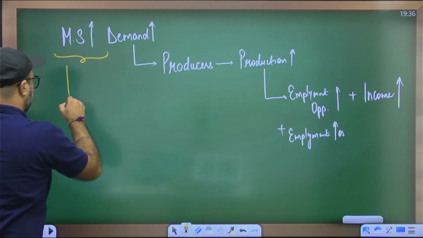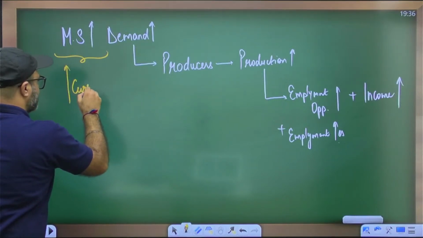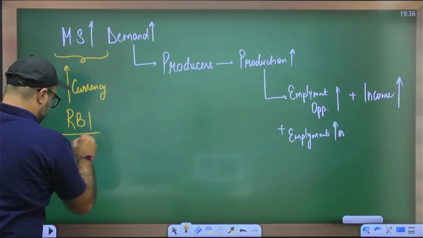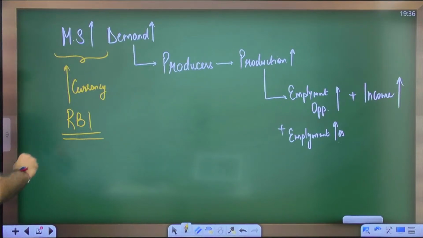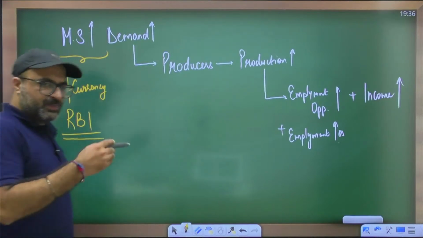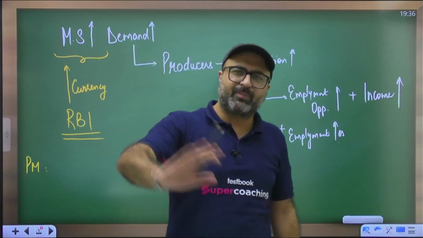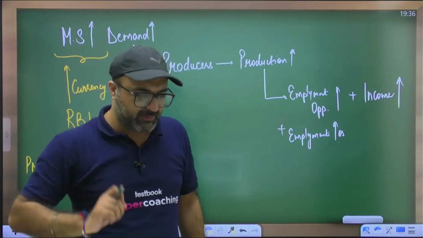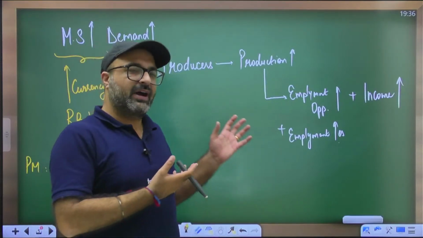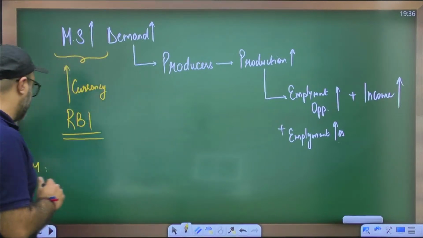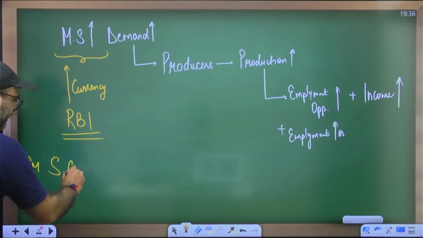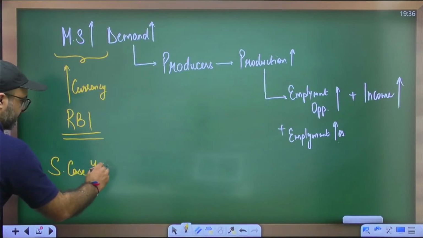So money supply means currency. And who is responsible for printing the currency? That is RBI. Now let's suppose India's Prime Minister makes a call to the RBI governor and asks him, please print unlimited currency. That means keep on printing the currency until I call you again. Then the RBI governor asks him a question: sir, why are you asking me to print unlimited currency? PM replied, I want to start a new scheme, that is Pradhan Mantri Suitcase Yojana,